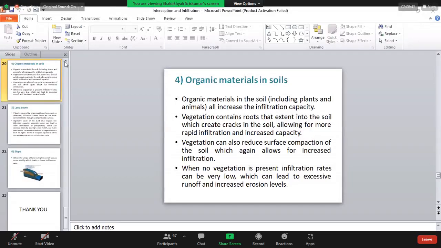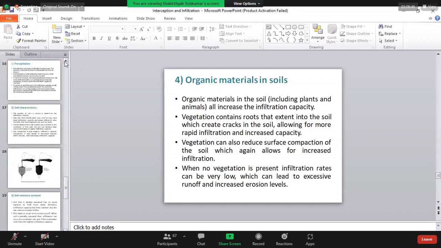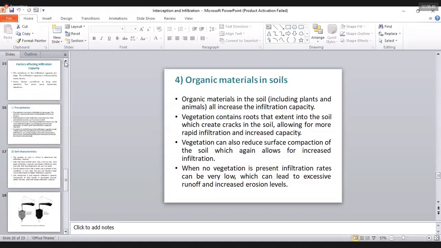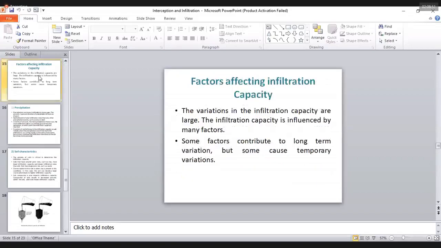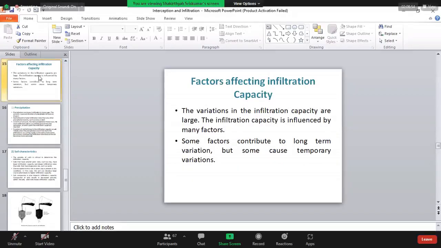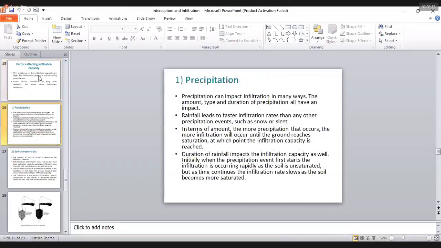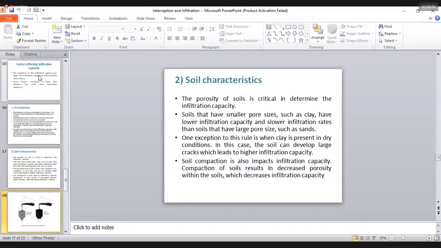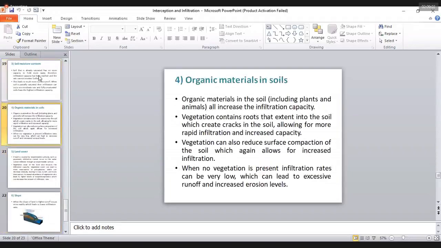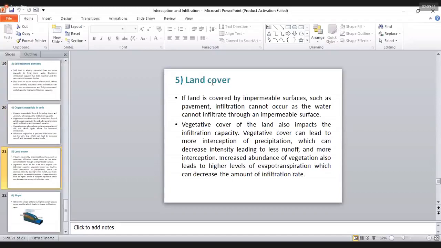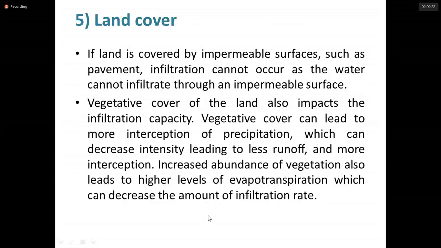So on the Monday lectures, we will discuss interception and infiltration. In the infiltration, we talk about what are the factors affecting the infiltration capacity. The first one, precipitation. Then soil characteristic, soil moisture content and organic materials in soil. Up to this one, we finished. Now, we will discuss how this land cover affect the infiltration. If the land is covered by impermeable surface